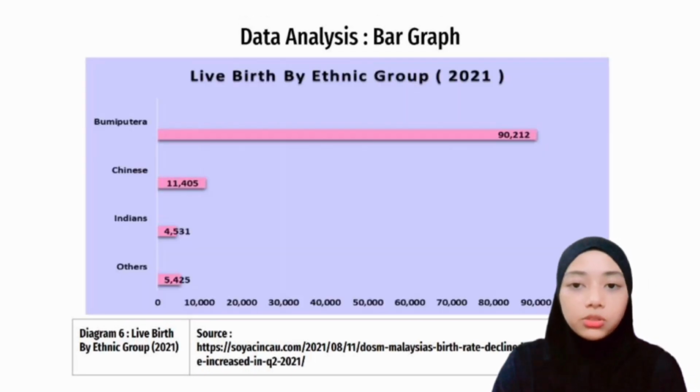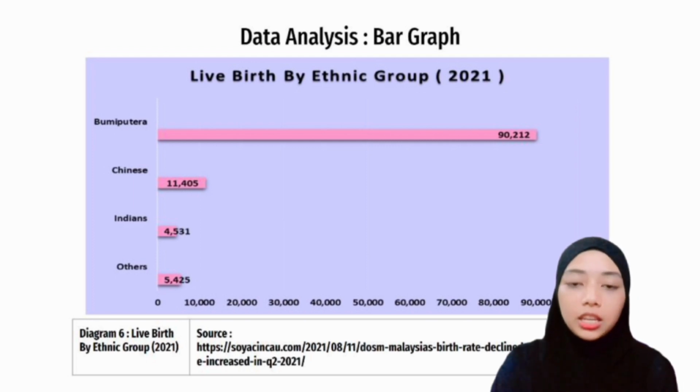The graph above shows live births by ethnic group in 2021. The survey was carried out among Malaysian citizens. It can be clearly seen that live births by ethnic group in 2021 are: Bumiputera 90,212, Chinese 11,405, Indians 4,531, and others 5,425. It can be clearly seen that the highest number of births was from Bumiputera and the least number of